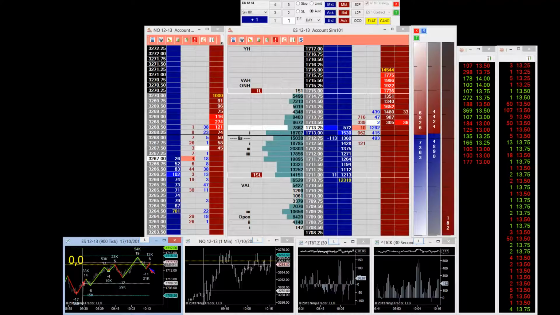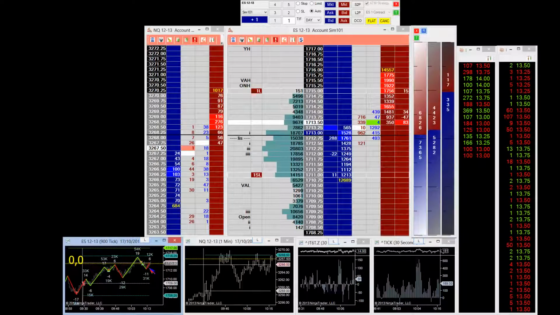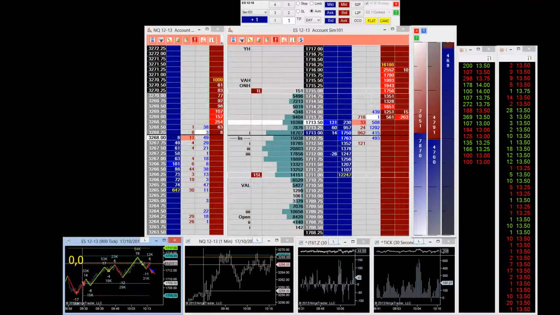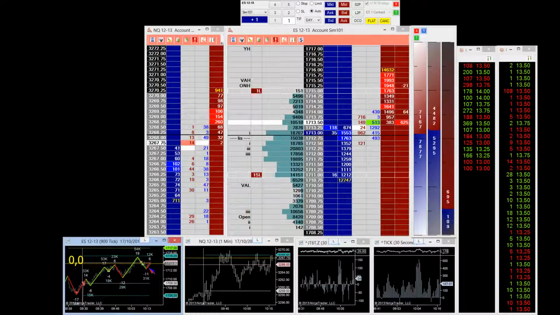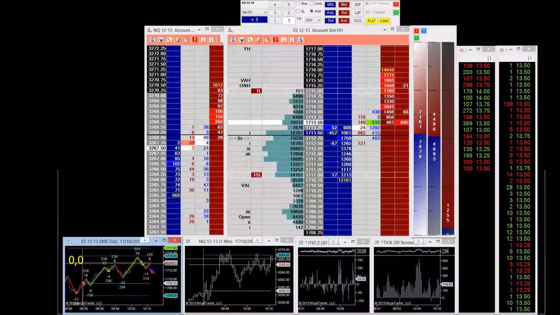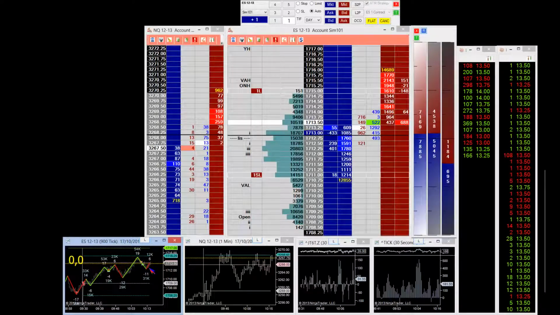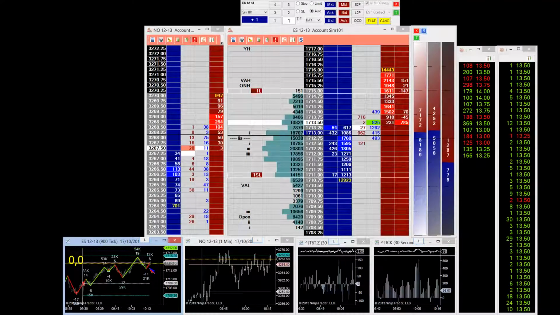It's gone up to 1714. Couldn't go through 1714. So let's see what happens now. Will it actually tick back through our price? Is it going to go up to 1714 and actually see buyers start buying into that? We just saw it move up to 1713.75. 3 contracts were bought. Okay, so just 3 contracts were bought. If it goes up to 1713.75 again, and we don't see buyers trading into that price, it probably means this